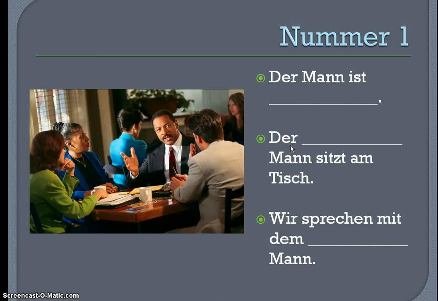Okay, if I look at my last example, wir sprechen mit dem Mann. Mit is a dative preposition, and I know that for masculine words, dem only shows up in the dative case, so there are two hints telling me what case it is. Now that I know I have masculine dative, I look at my chart, first column. It says masculine, go all the way down to dative where you see the der word ending, and it's going to be wir sprechen mit dem klugen Mann.